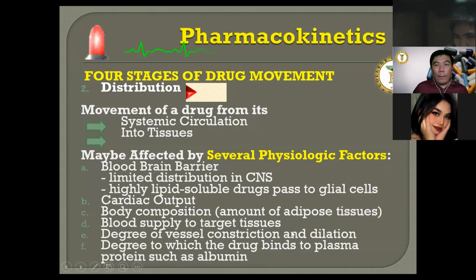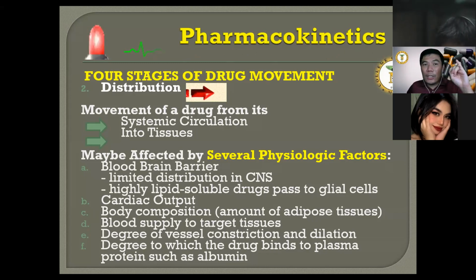Now, we have finished absorption. Let us now proceed with distribution. Okay? So you have seen specifically in the video how the drug had been distributed. If you can still remember our concept with absorption, di ba, the concept with absorption is we start with the route of administration. You think of the route of administration or area of administration. So we will just remember, di ba, the AAS for absorption. AAS meaning area of administration, which is the route.